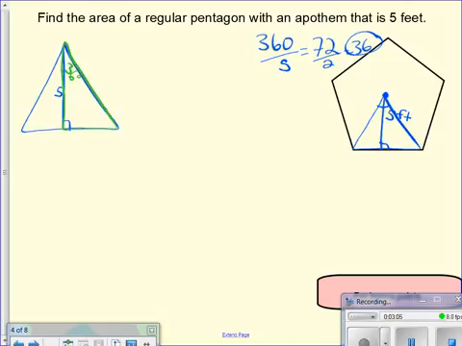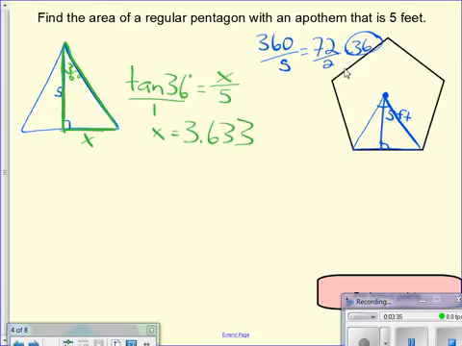I've got to find the base and height of my triangle. I already have the height of 5. I've got to find the base, which is this here. Using my right triangle, this is my opposite side. I'm given my adjacent, so I want to set up tangent, because of SOHCAHTOA. Tangent of 36 degrees equals x over 5. Put it over 1 and cross multiply, and my x value there is going to be